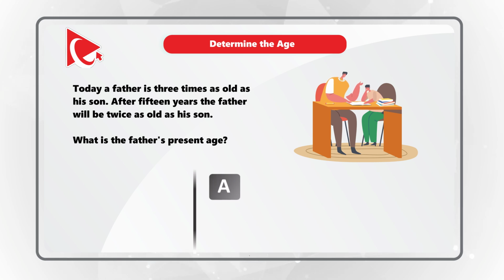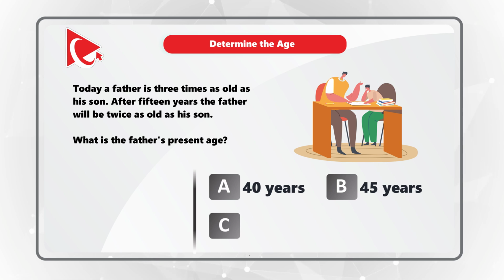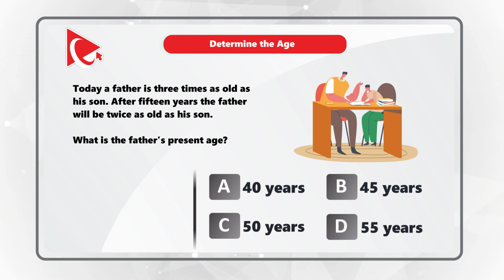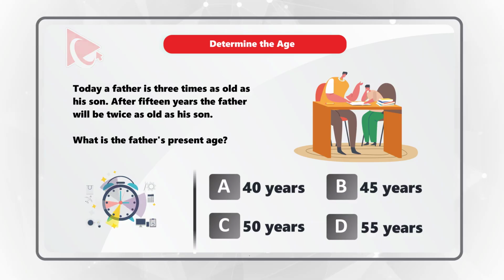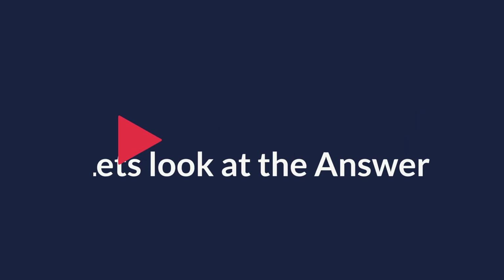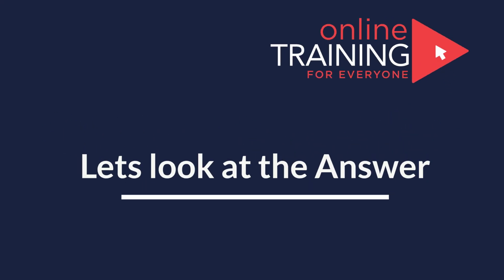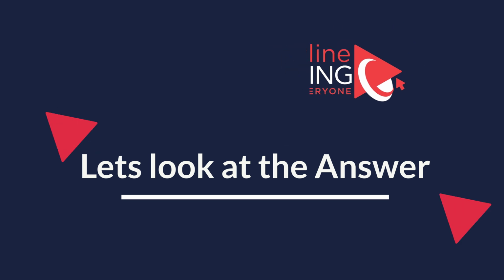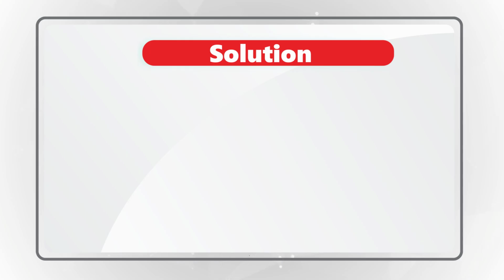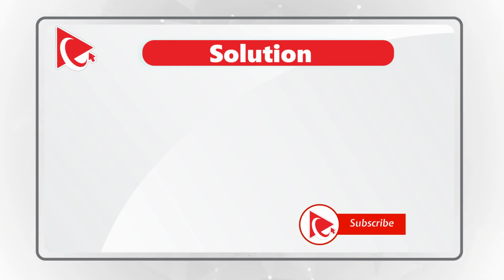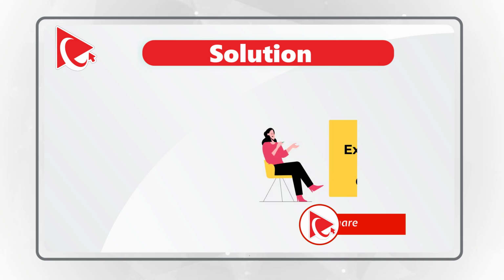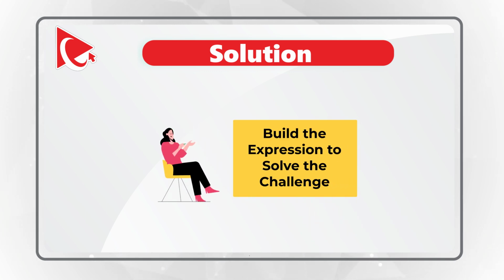Choice A, 40 years. Choice B, 45 years. Choice C, 50 years. And choice D, 55 years. Do you see the answer? Give yourself a little bit of time to see if you can come up with the solution. One of the ways to solve this problem is to take the number from the solution and see if it will work the math. But instead of doing that, we're going to build the expression and calculate the father's present